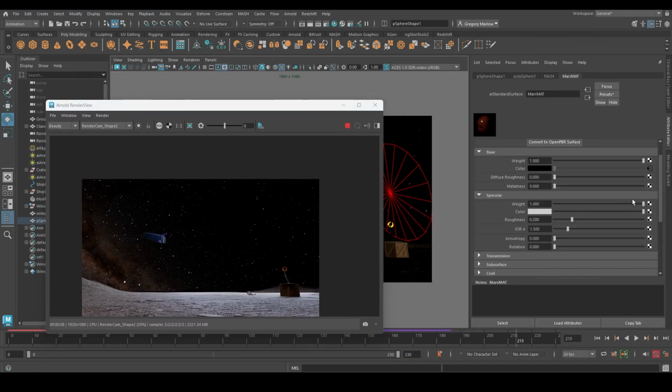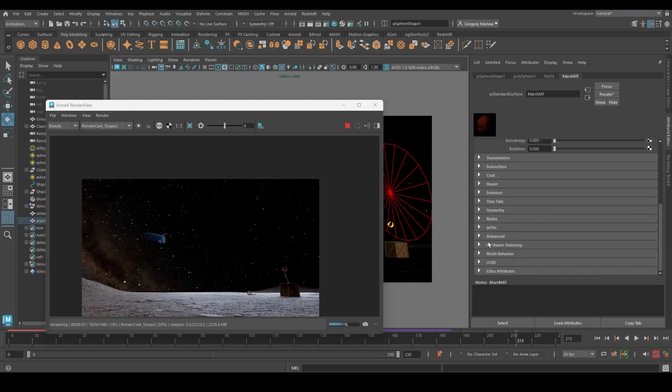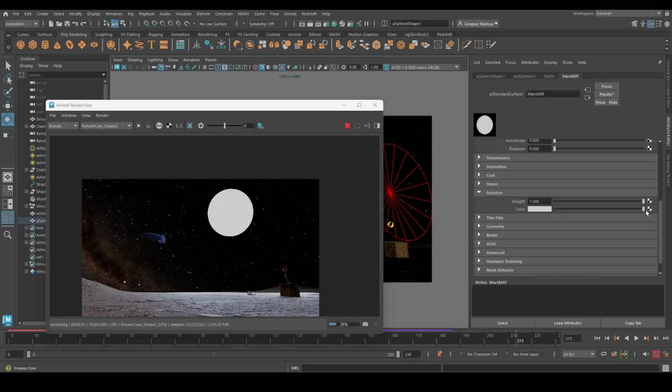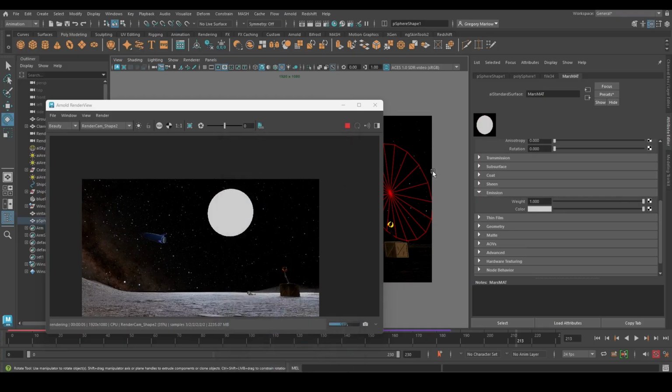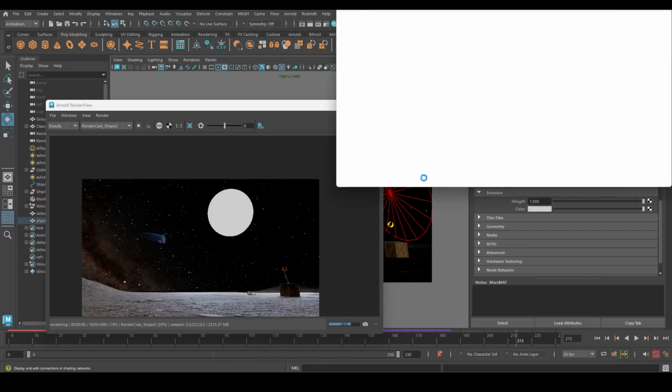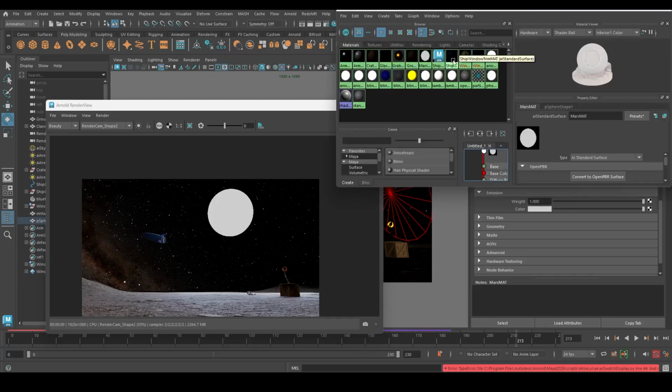One of the other things I might want to do is with this Mars material here. I may take my specular all the way down and then go down here to emissive, which is emission right here. Turn my emission up and remap in there. Actually, let's not do it that way. I'll show you. In my hypershade with Mars mat